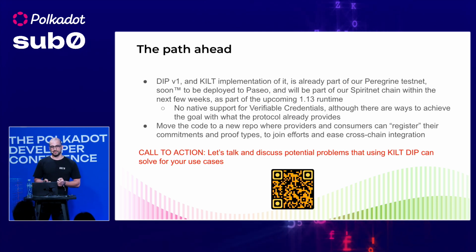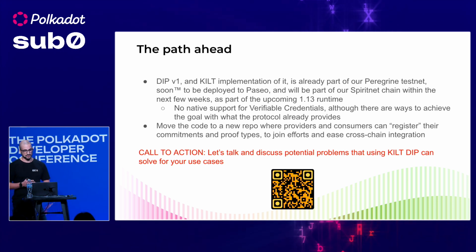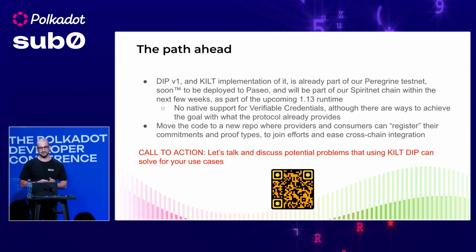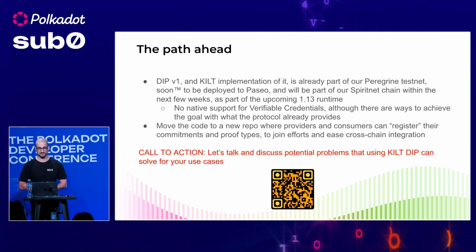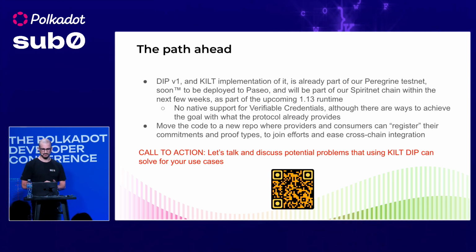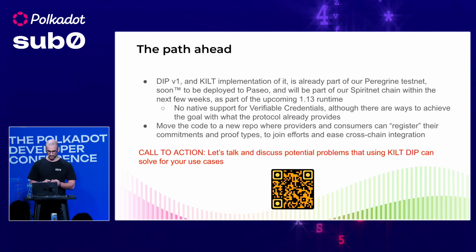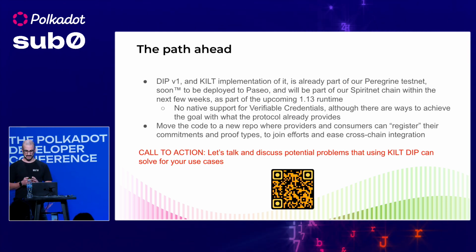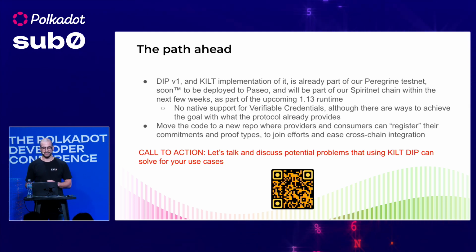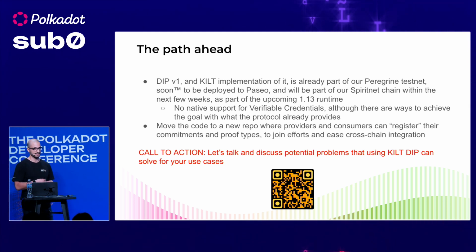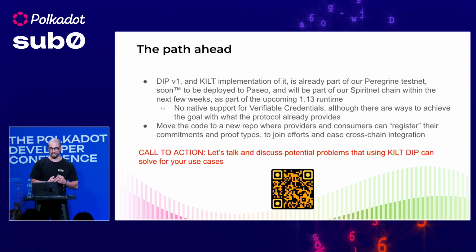The protocol components have been developed thanks to a Polkadot Treasury grant last year. We have deployed the KILT provider pallets on our testnet, which will soon be migrated to Paseo whenever that's made available, and it's coming to Spiritnet in the upcoming runtime upgrade. We will also move the code to a new repo shortly once we have finalized the last details, and we would like to onboard more providers and consumers to collect their implementations of the traits that I showed before,